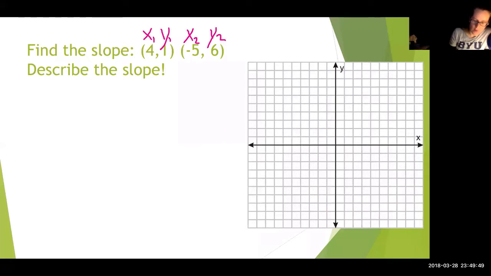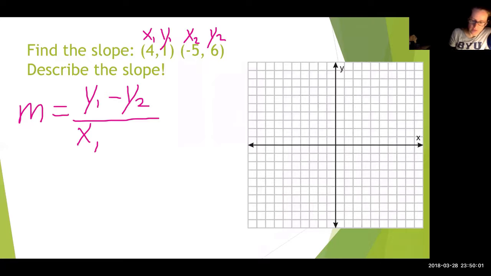Now our slope is always going to be the y's over the x's. The difference of the y's over the difference of the x's. So this is our change going up and down, and this is how we change going back and forth. Another way to think of slope is the rise over the run. So how far you go up and how far you go over. If you think rise over run,